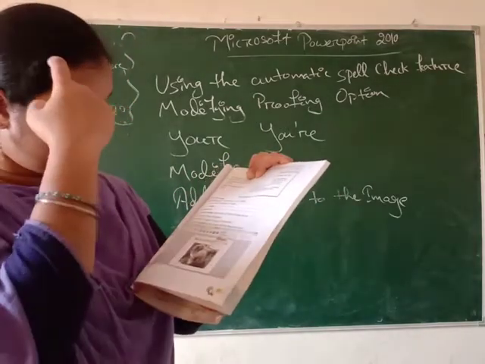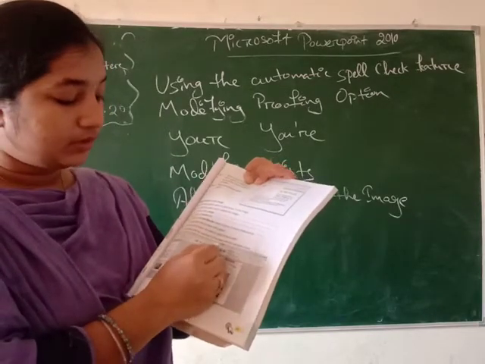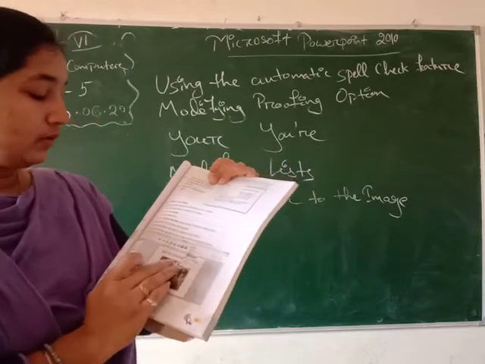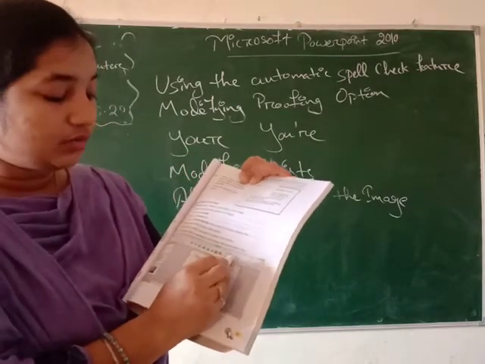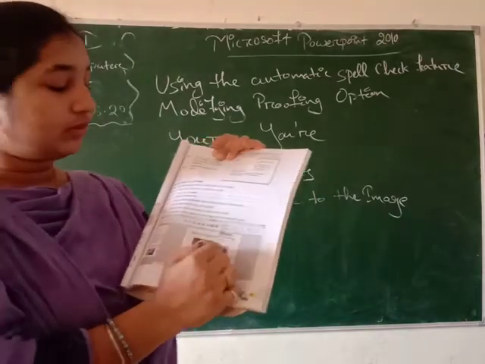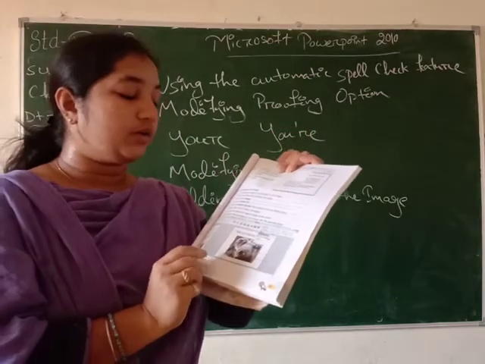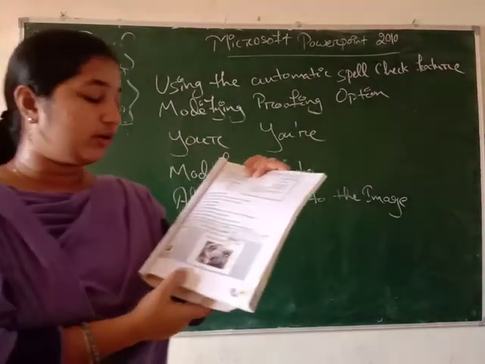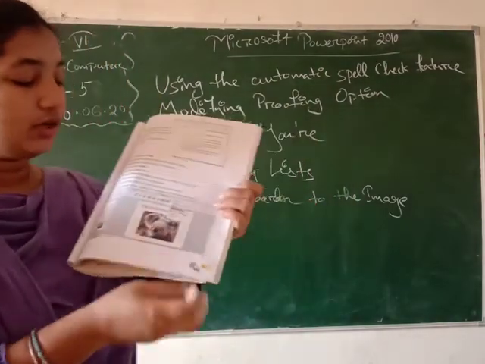So this is the format tab. In this format tab, we have to click on picture border. This is the picture border, and when we click on that, one drop down menu will come. This is the drop down menu. After that, we have to click on the color we want to apply to the border, and the border will be applied to the image with the selected color.